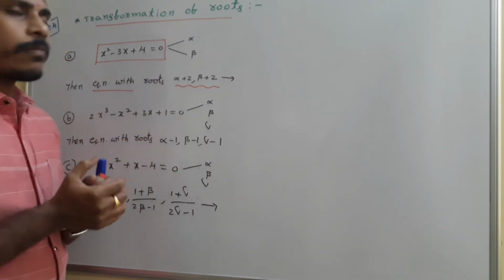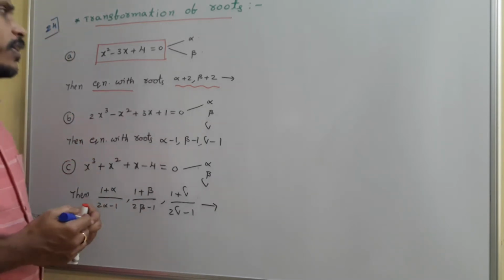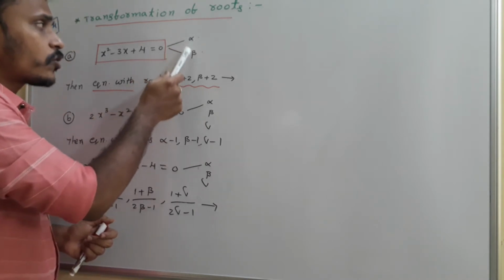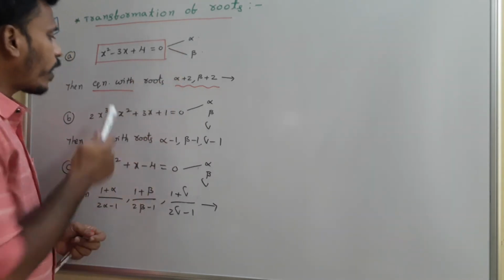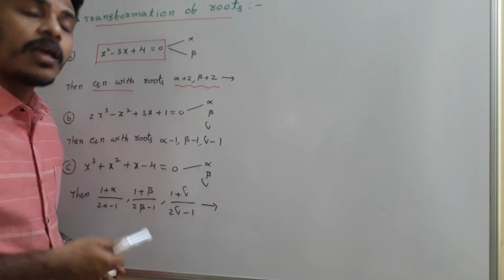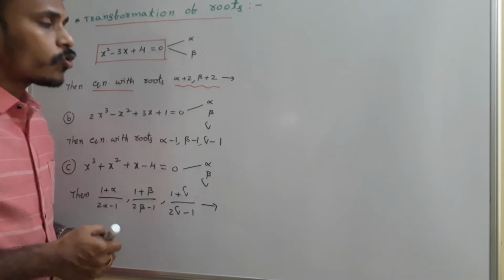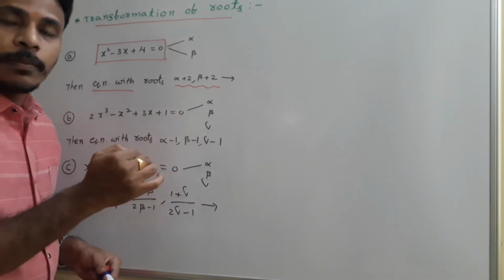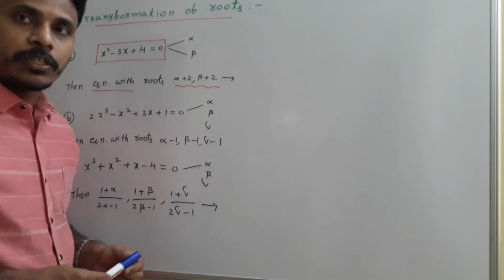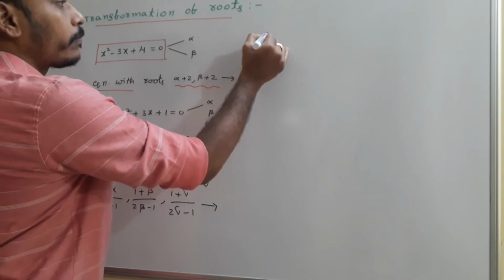We have different methods to find the equation. One thing is very clear: the given equation is quadratic, it has two roots, and we are going to find the equation with these two as the roots. That means we are going to find an equation of degree 2 again, a quadratic. So I will discuss this problem in method 1 and method 2. Among those two, I will choose one appropriate method to solve all the remaining problems. First of all, method 1.